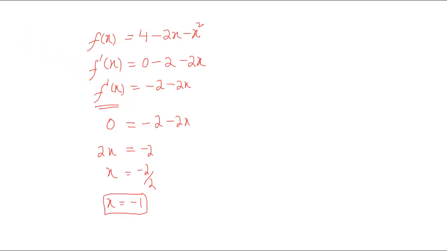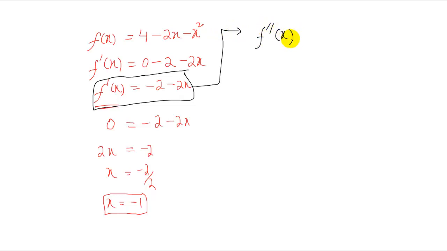This turning point is either maximum or minimum, or it is neither maximum nor minimum. So let's check that. To find the nature of the turning point, we have to take the second derivative, and this is the first derivative. Let me take the second derivative. So the second derivative is f double dash x. F double dash x means it is the second derivative. So the derivative of the constant is 0.